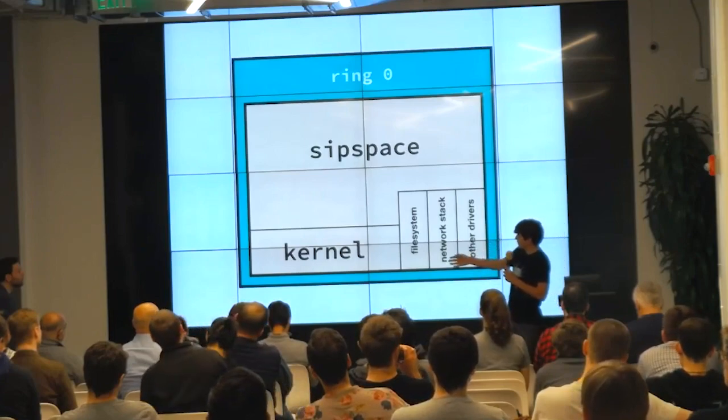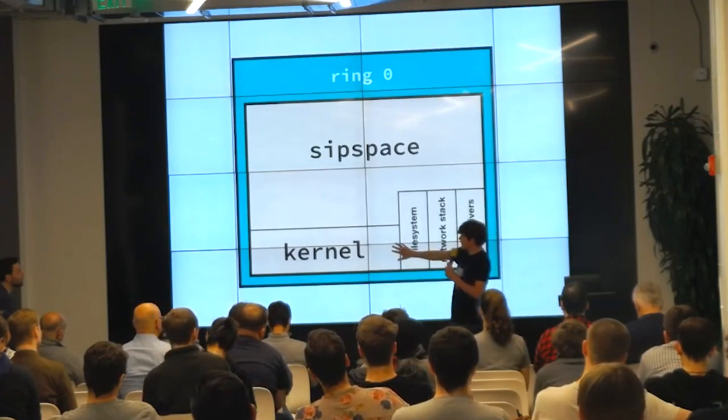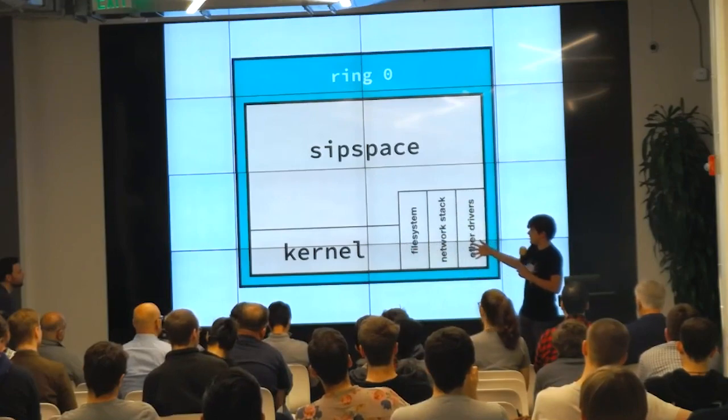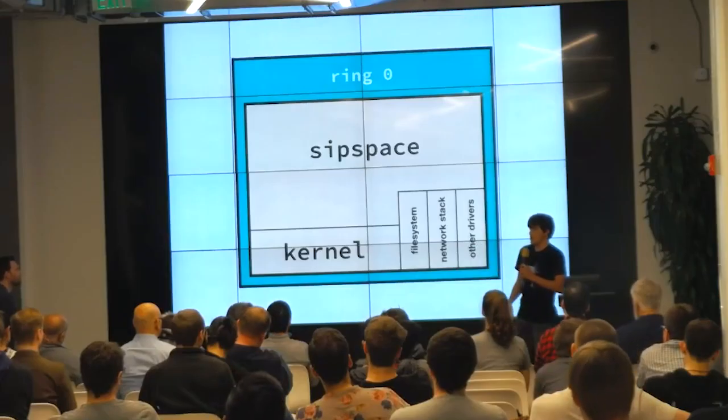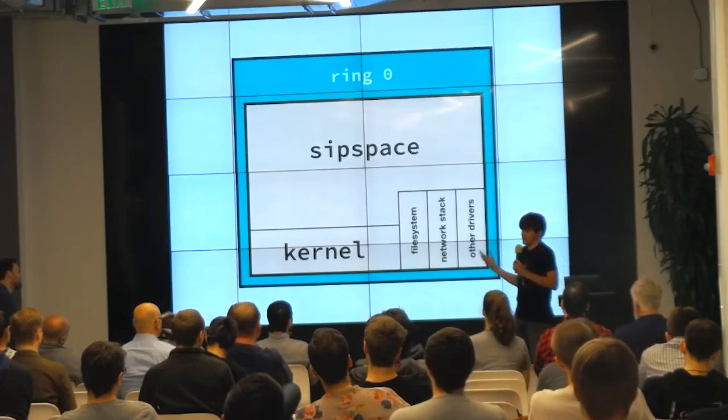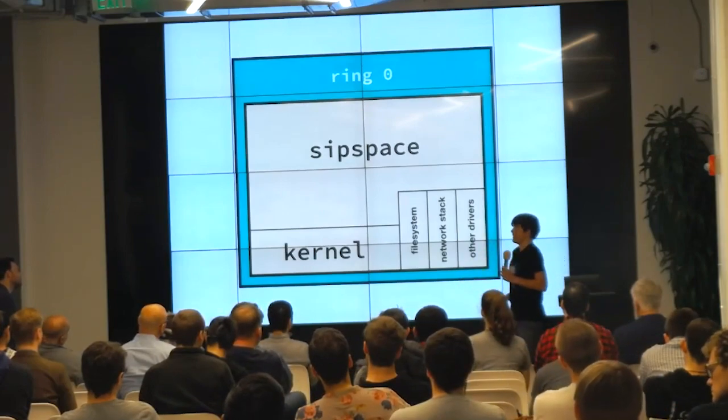So yes, these drivers, I put them halfway in the kernel, halfway in SIP space, because they're kind of both. And the great thing about this is, say your process wants to talk to the file system, all it has to do is cross from SIP space, and it's essentially a function call to talk to the driver. Or maybe it's two, to go from the process to the kernel to the file system. But a function call is super fast, way faster than crossing between rings. So this is great. You reduce a lot of the overhead, and assuming your software isolation works, it's still safe.